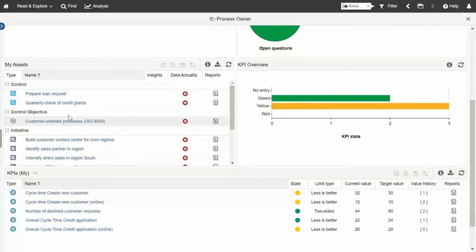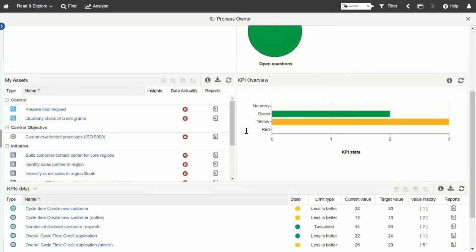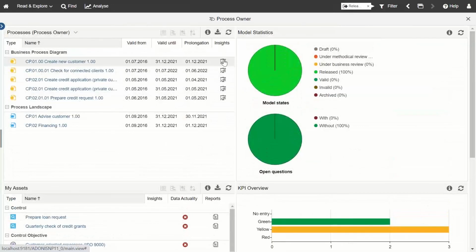It might be relevant for her, especially if she's, let's say, somehow responsible for maintaining these objects, right? And again, the ability to actually access the Insights dashboard for some of her processes as well, for which Carol is actually the owner. So again, these are just some of the benefits of the read and explore scenario and the user-specific dashboards. And whether or not you're taking advantage of this scenario, the main thing that I wanted to get across is that if you are, just to note that some of the dashboards